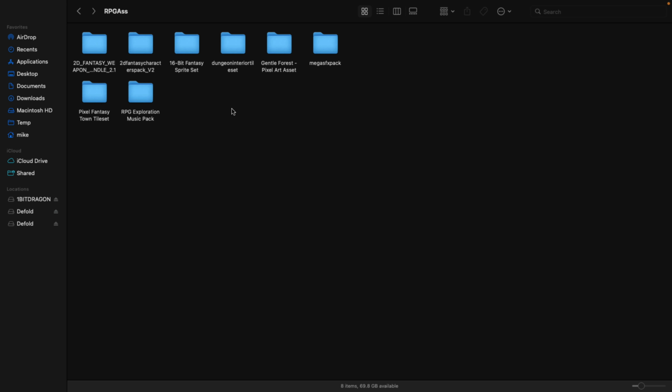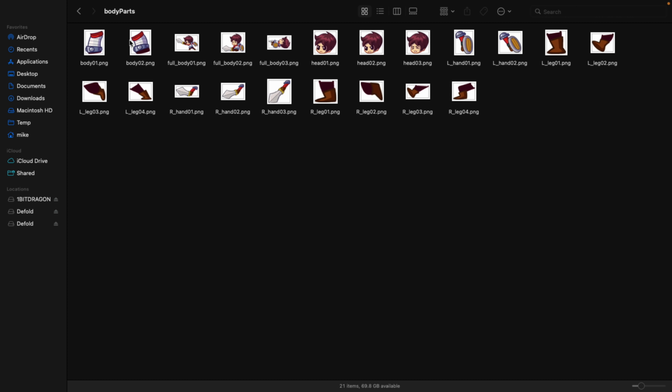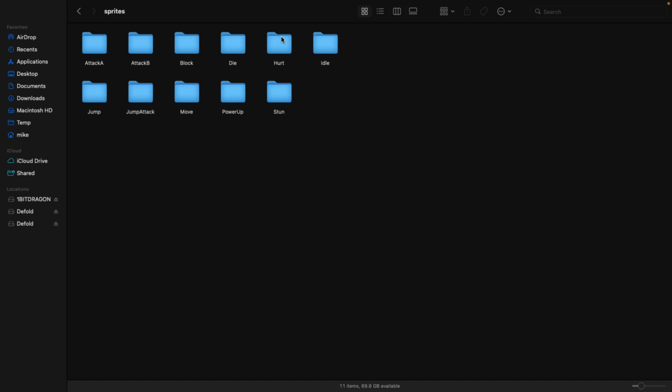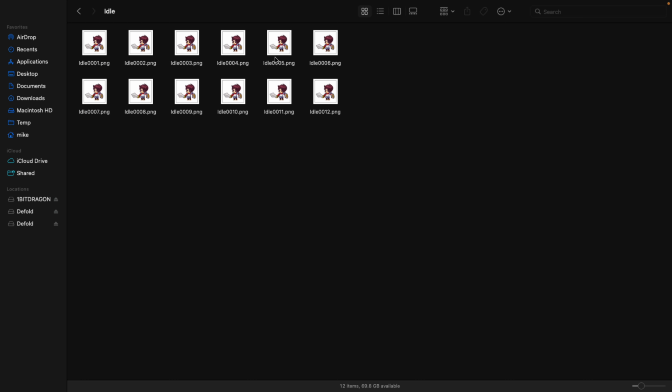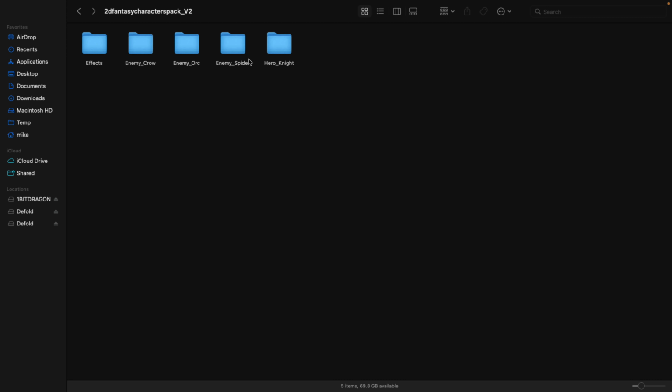And then otherwise, you're looking at, for example, the fantasy character, weapons character. Okay, so here we go. Our hero character comes like this, and you can break it down. It comes in various different body parts, so you can create your own animations using a tool such as Spine or Spriter, or the editor that's built into the Godot game engine, or COA tools for Blender, etc. Or if you don't want to go that route, they've actually got precompiled sprites in a number of different things. So there are idle animation frames, for example,